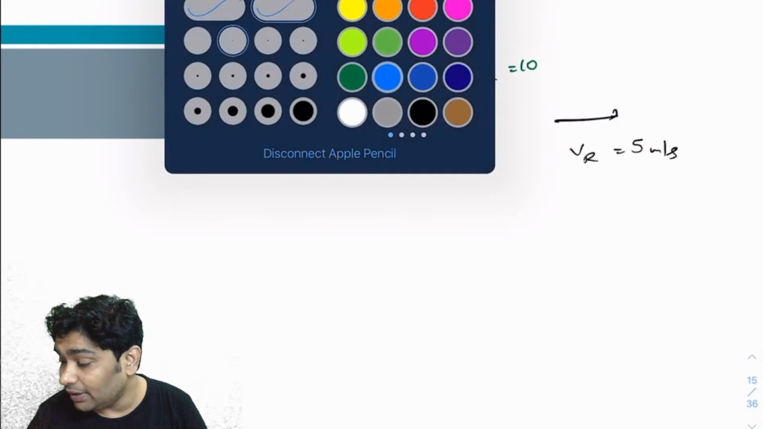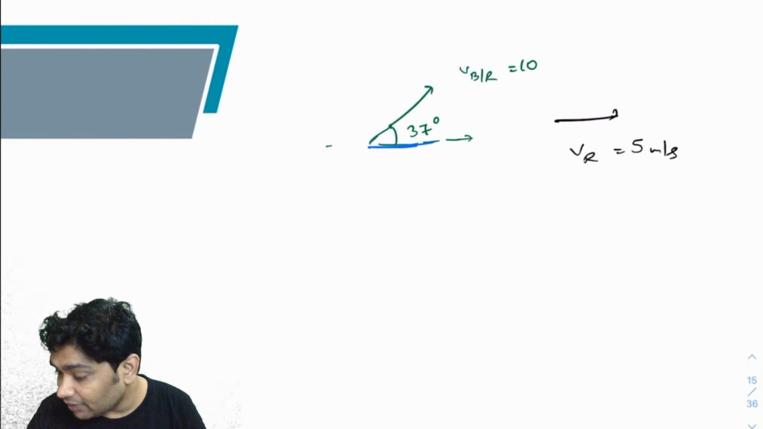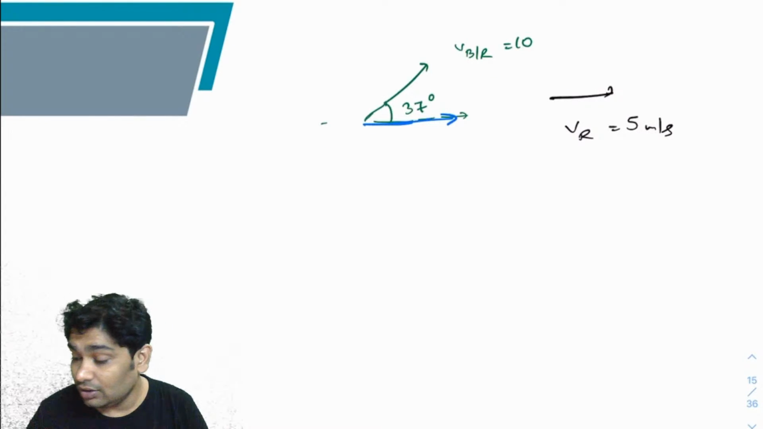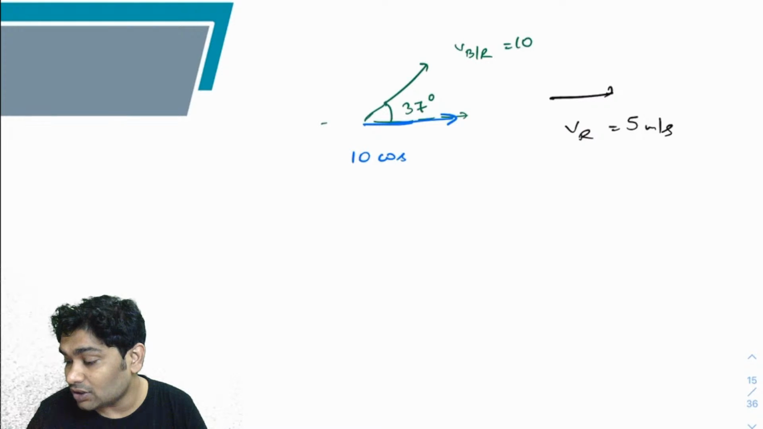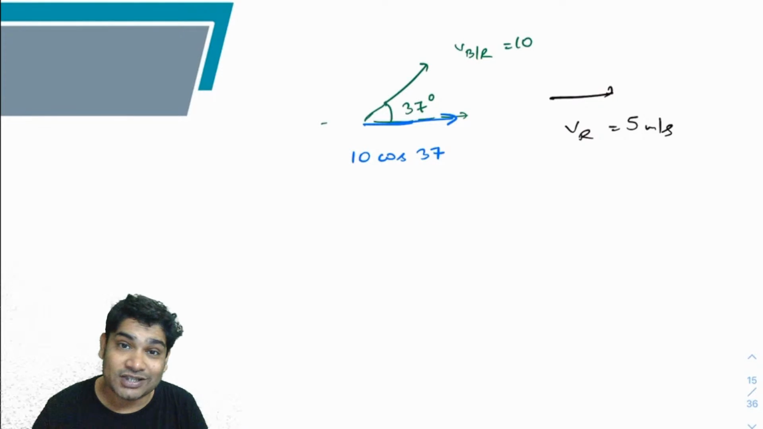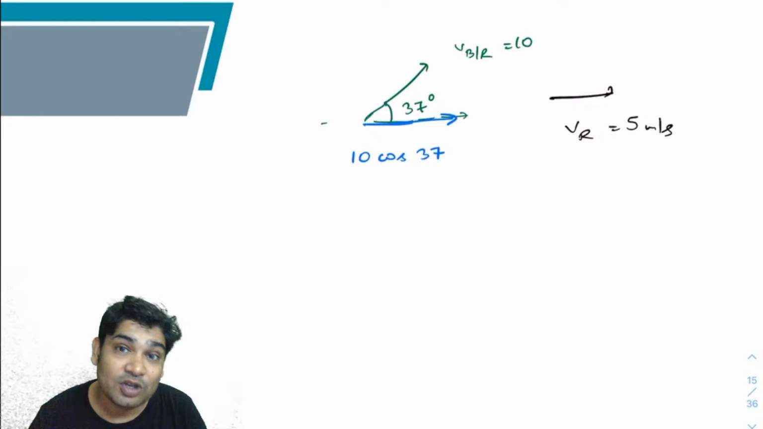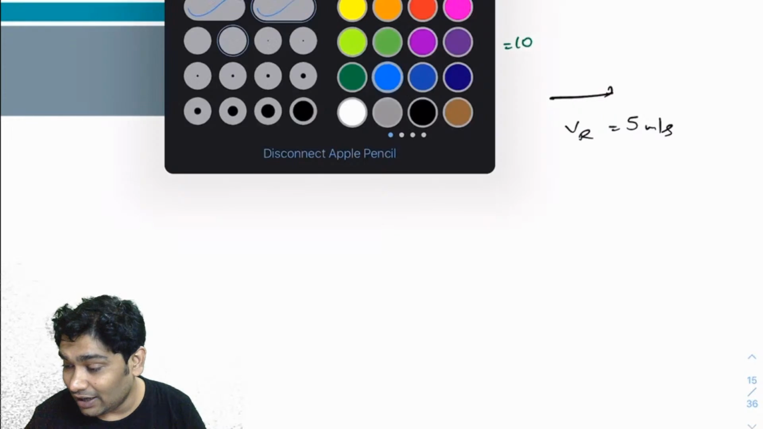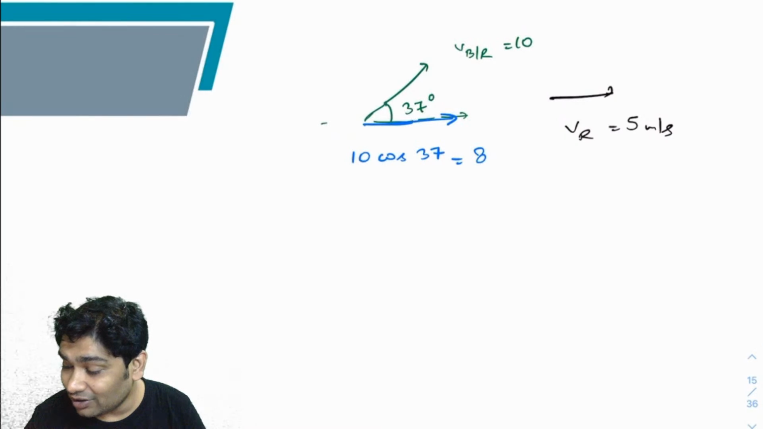It has a component along the flow of the river, which would be 10 cos 37. I hope everybody knows what cos 37 is. Cos 37 is 4 by 5. So 4 by 5 times 10 would become 8. And the vertical component would be,